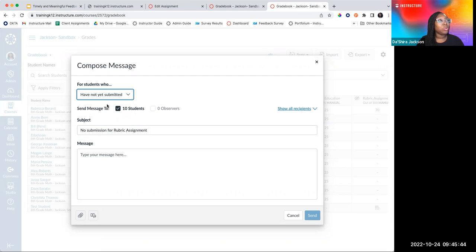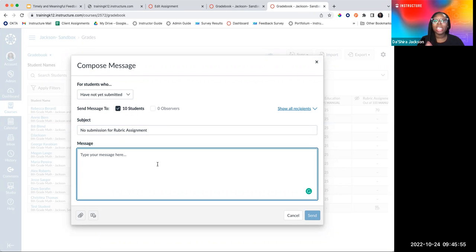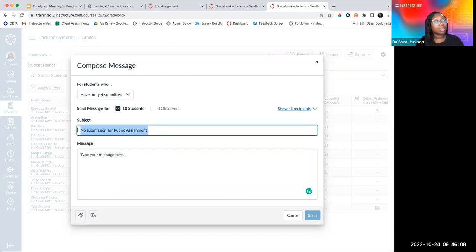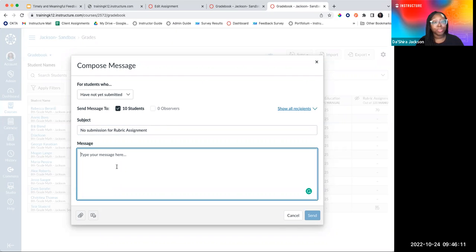If you choose students who have not submitted, it'll automatically pull a list of students who haven't submitted this assignment. You'll see that there's a subject and a message here. This will allow you to send a mass email to all these students. They will be BCC'd, so they will all get their own individual copy. They will not know anyone else received this message. You can customize the subject and put in the message here.